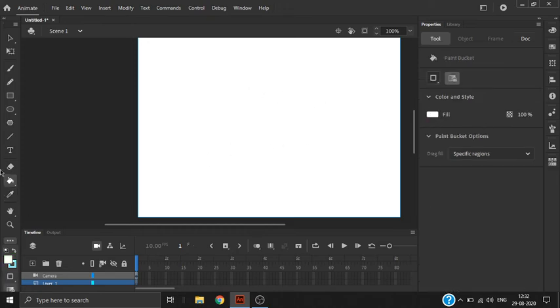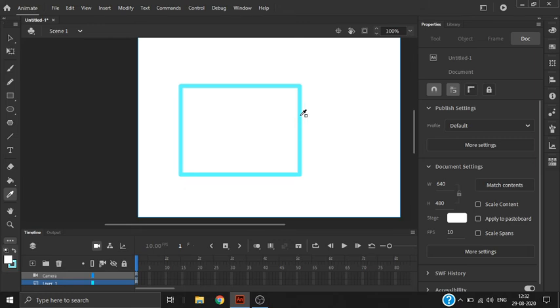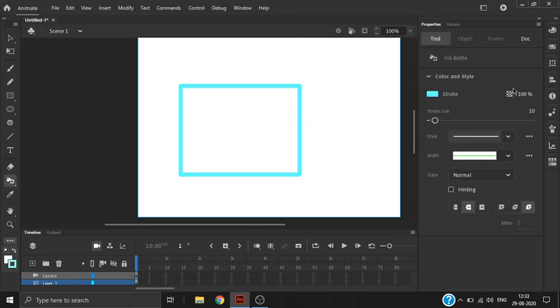See, when I draw blue color here, and if I choose the eyedropper tool and click on the rectangle one, see here, I get the color. That's what it does.